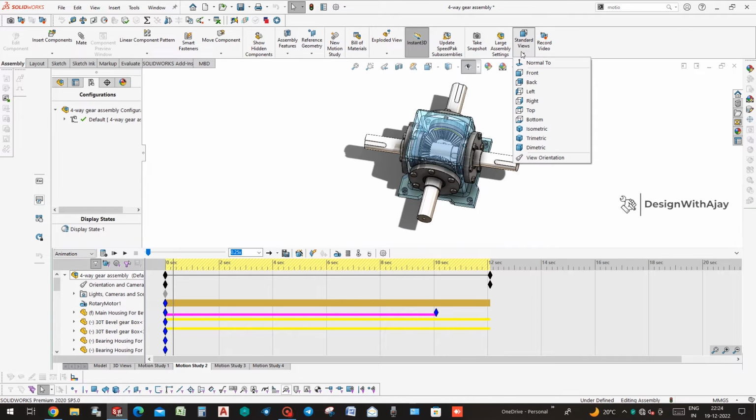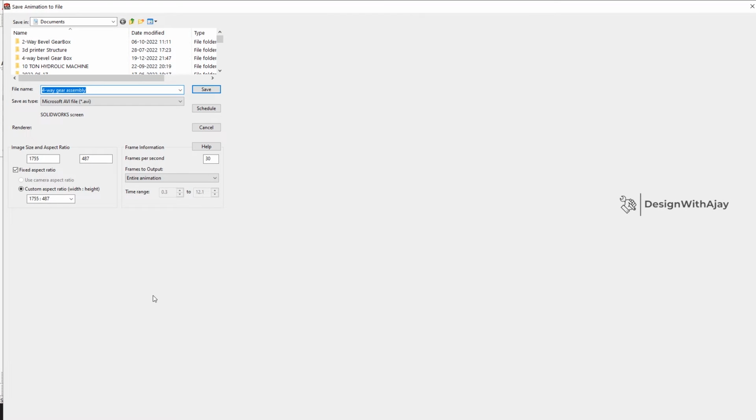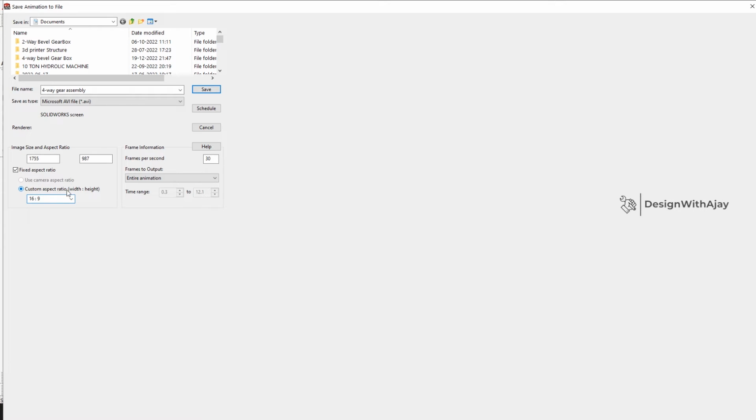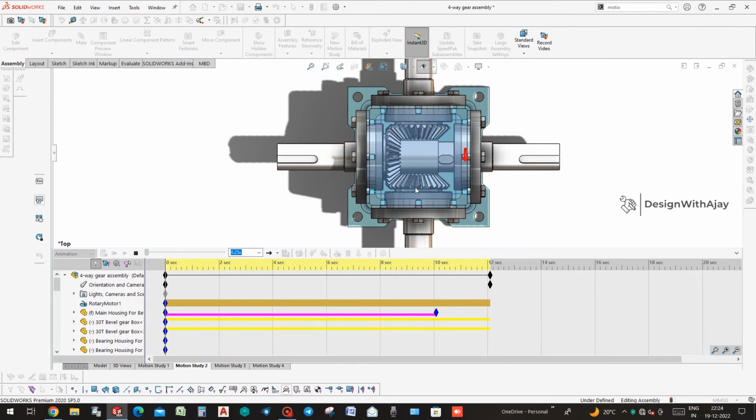So after creating a motion study, there is an option called Save Animations. When you click on Save Animation, you have to select an option called 16:9 Custom Aspect Ratio. After selecting this, you have to enter the frames per second. I've entered 30 frames per second. Then click on the Save button, then click on OK,